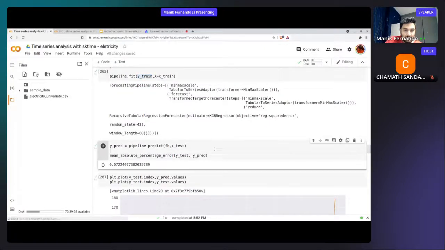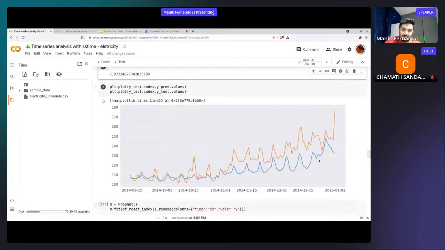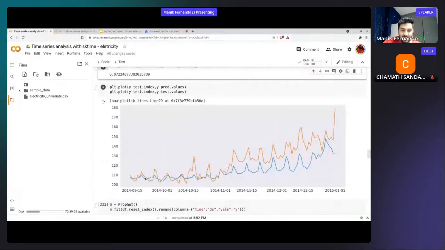Then I made a prediction, which came back to 7% MAPE, which I think is an achievement I can be proud of, because it's looking at a very large forecasting horizon. This is coming from September of 2014 up till January of 2015. And as you can see, in the initial stages at least, it's a good fit. But